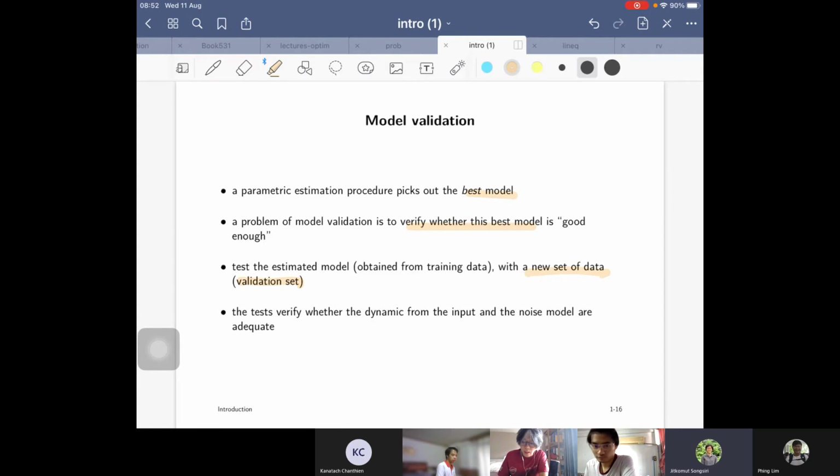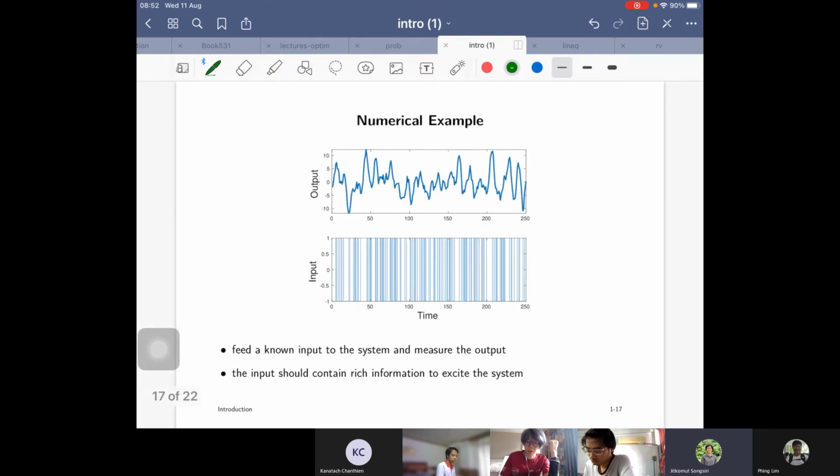The two main points of the model validation process are to test whether the dynamic from the input and the dynamic from the noise model are adequate, as I said here. This is dynamic from U, this is dynamic from E. Are these two transfer functions